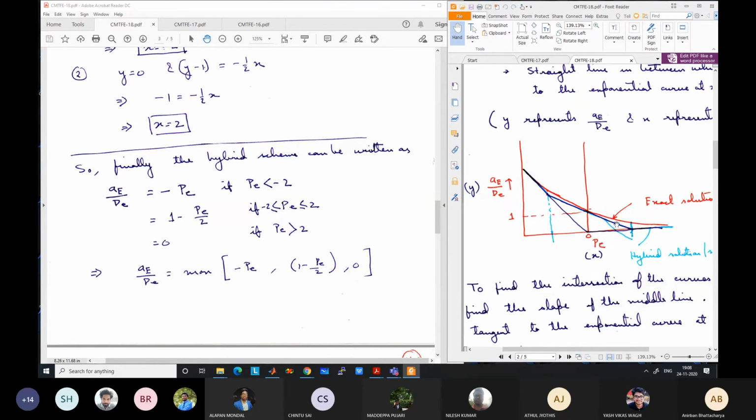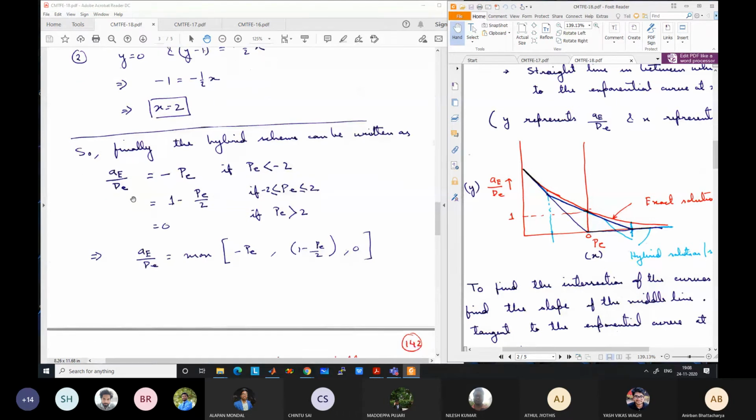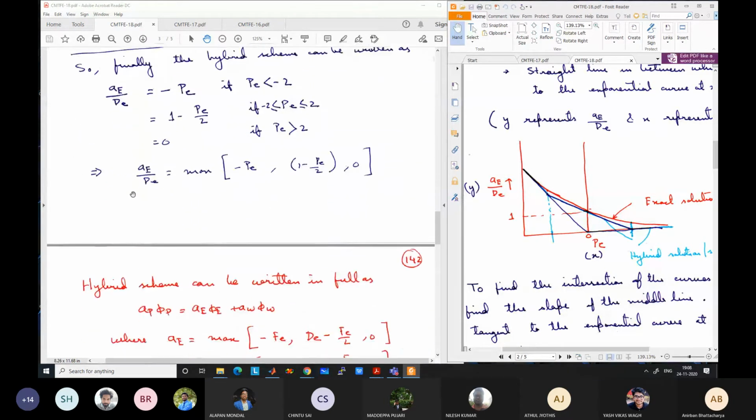And the second line also has higher value as compared to the third line, which is also below it. So this is the highest value of y. So this is given by here. And after plus 2, both the lines go below the axis. So the highest value is 0. So we can write in this form, or you can write on the top form. Okay. Same type of study can be done for AW by DW.